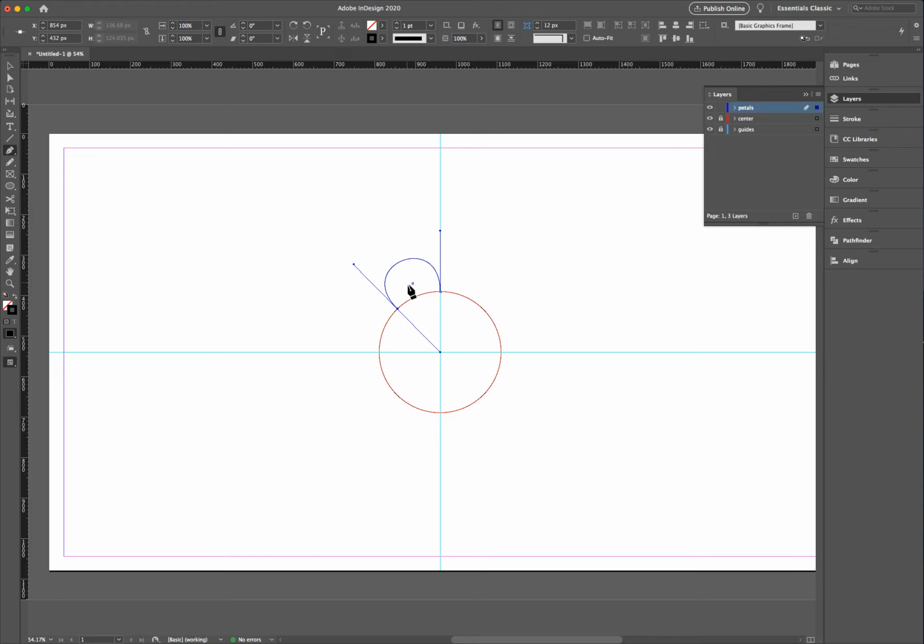Now the next trick is how do I draw the next point, which I want to be here. But because this vector line, this handle, is coming to the center, if I click here, that curve's going to come here and curve this way. So what we have to do is move this point back, to bend it back on itself to match this one. And the tool that we need for that is this tool right here,